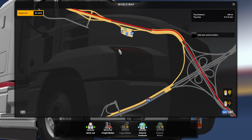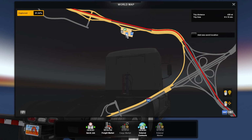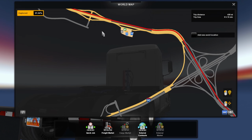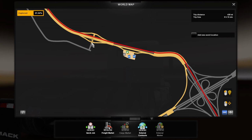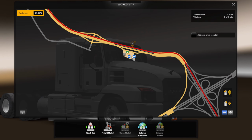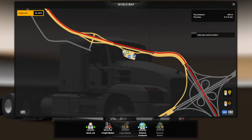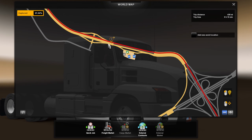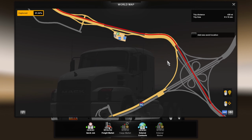I can't even use this rest area because that's on the wrong side of the interstate. Do I have a way to get there? I guess I could take the off-ramp, merge back on, but then if I sleep here overnight, in order for me to head back northbound, I wonder if there's a small road here. Except if I don't, then I got to come back into...